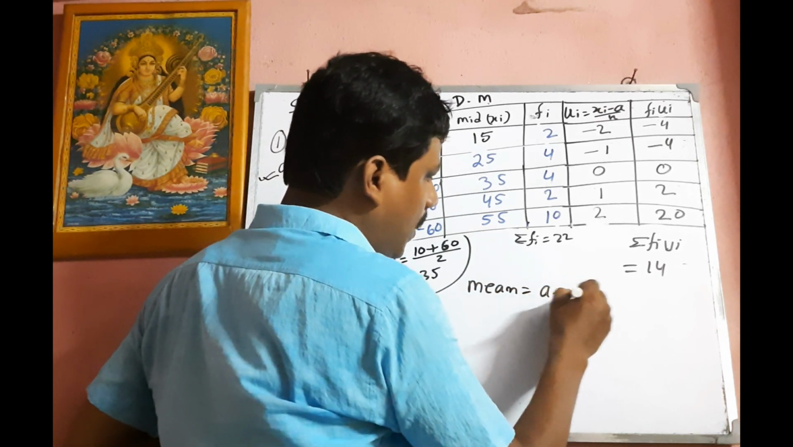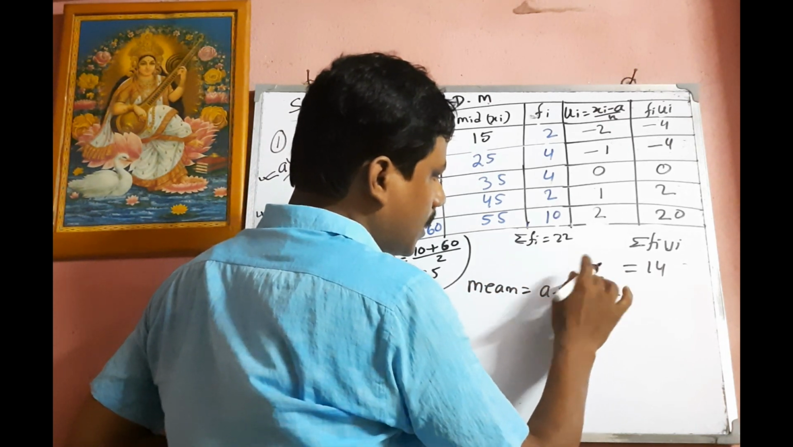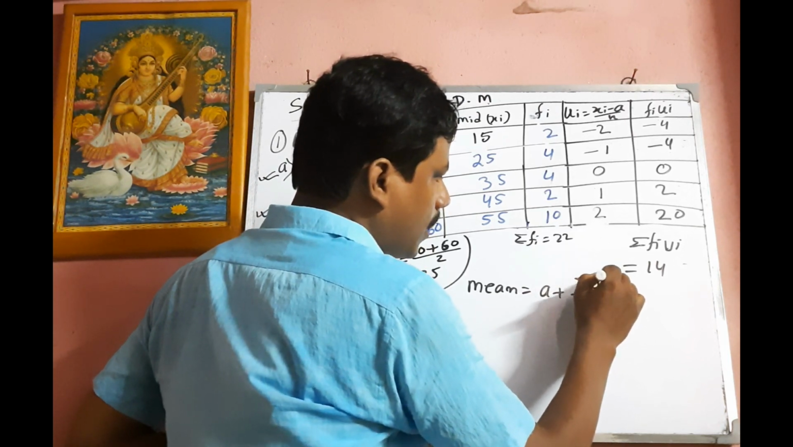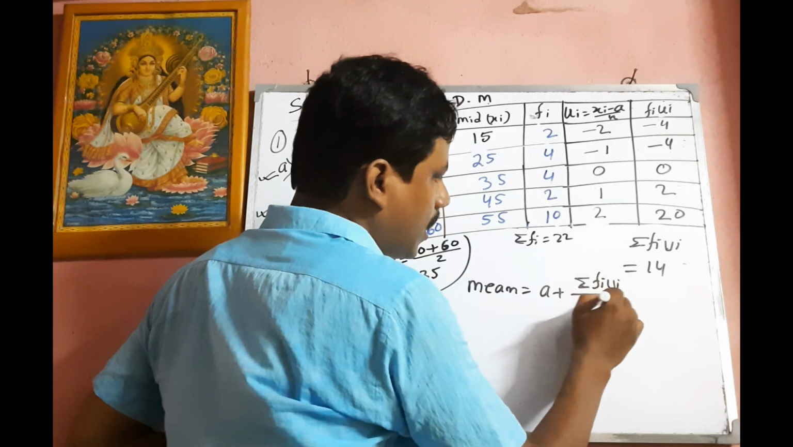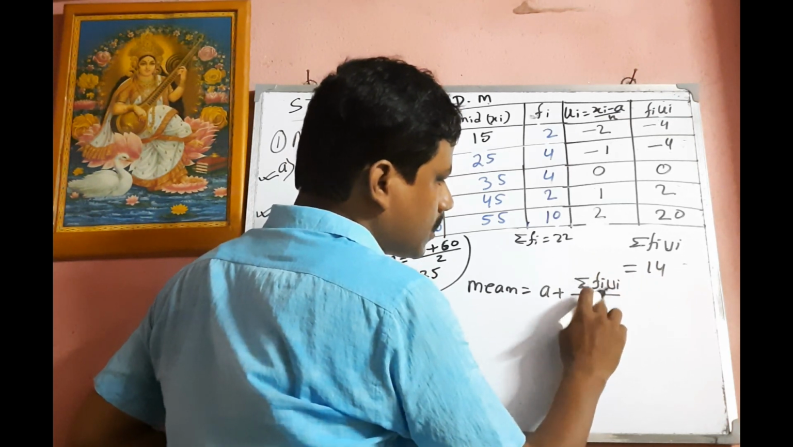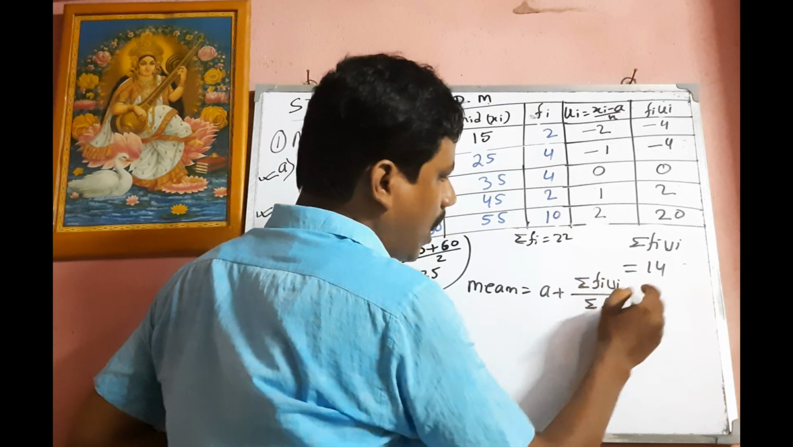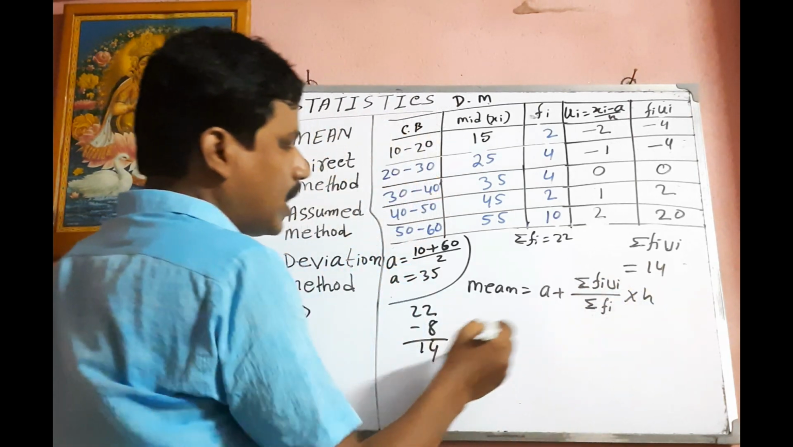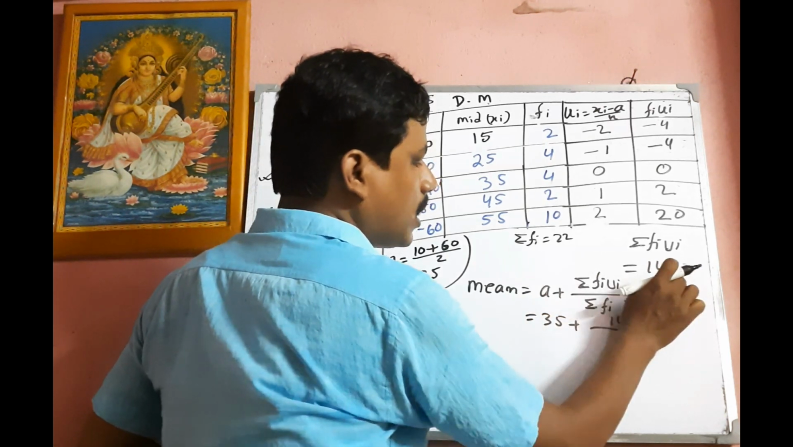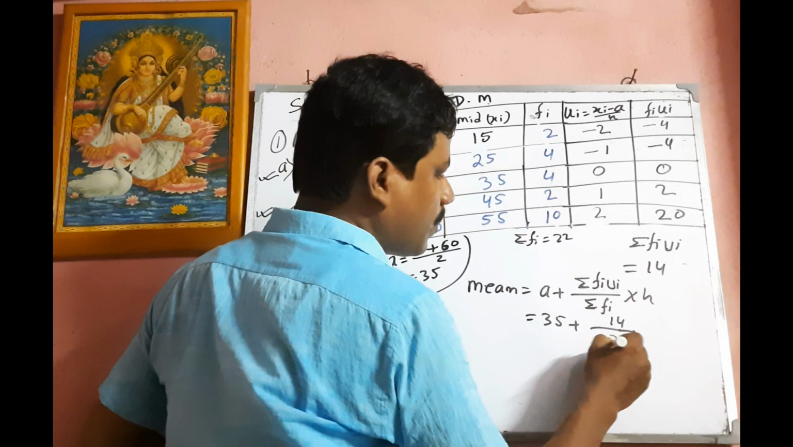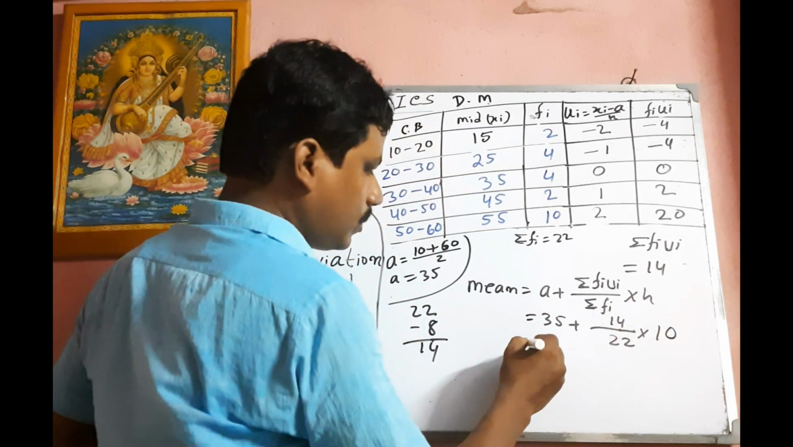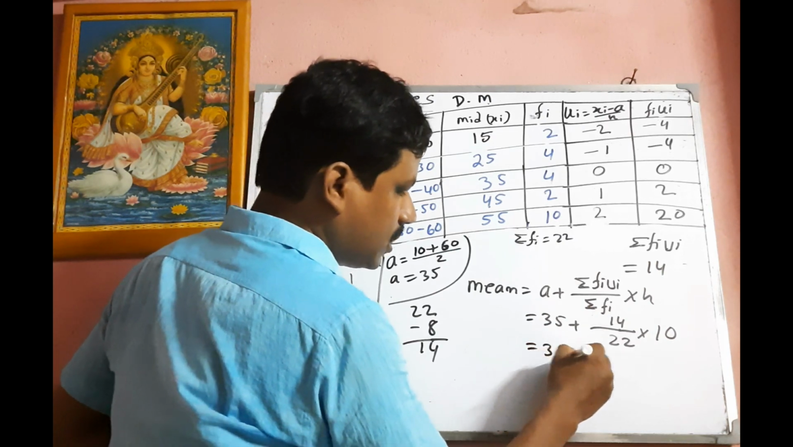Now by using the step deviation method, the mean is equal to a plus summation of fi ui divided by summation of fi, multiplied with h. Here a is equal to 35, the summation of fi ui is equal to 14, the summation of fi is equal to 22, and h is equal to 10. That is 35 plus